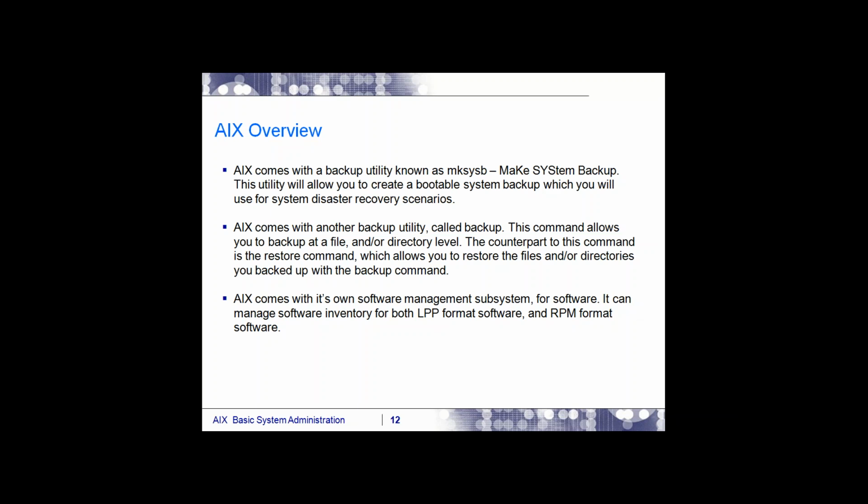And apart from this, AIX even supports RPM. So why is AIX supporting RPM? RPM stands for Red Hat Package Manager, right? What is the use? See, basically, when I talk about AIX version 5, version 5 is actually called version 5L. L stands for Linux Affinity.